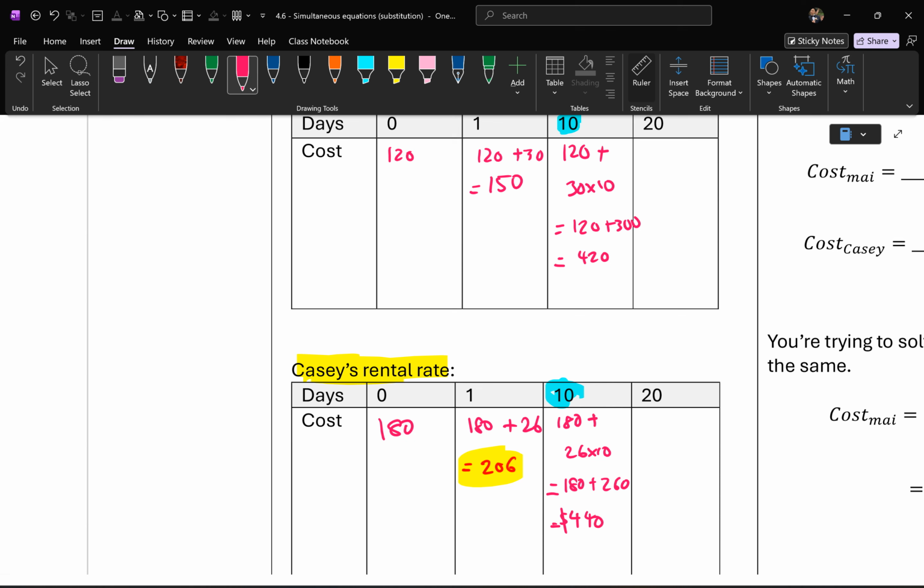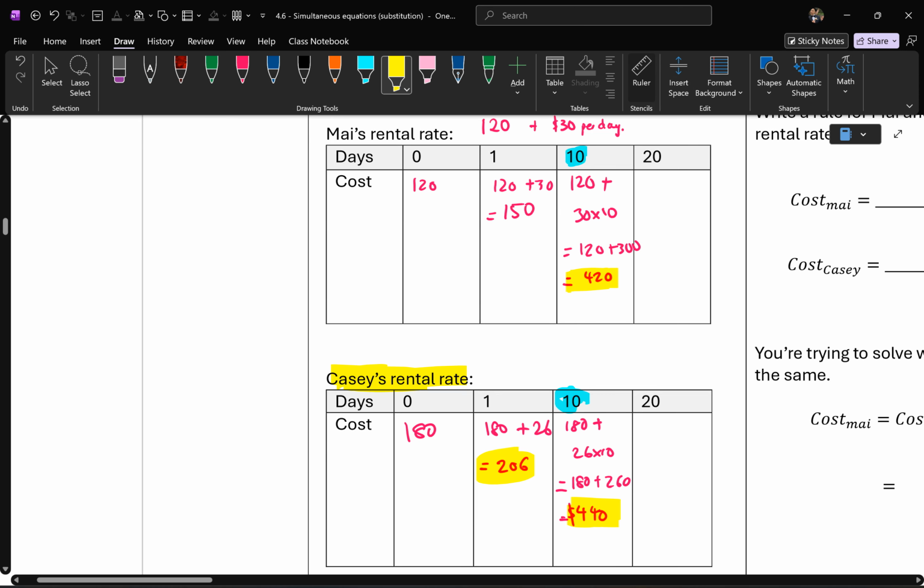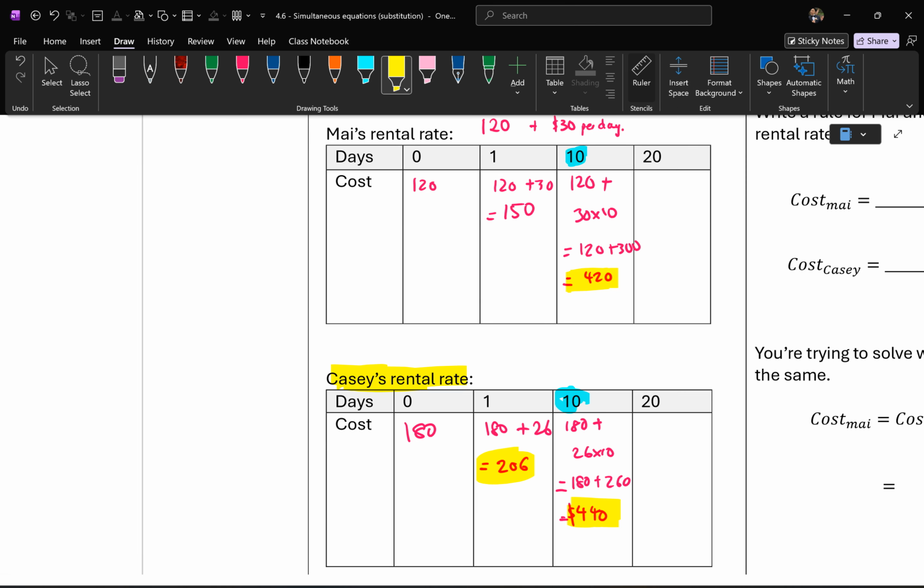Well, we can see now the gap is a lot closer. Casey is still more expensive after 10 days of hire. It's probably still better to go with My because it's $20 less. But we can already see that Casey's rental is catching up. So very likely if I went to 20 days,